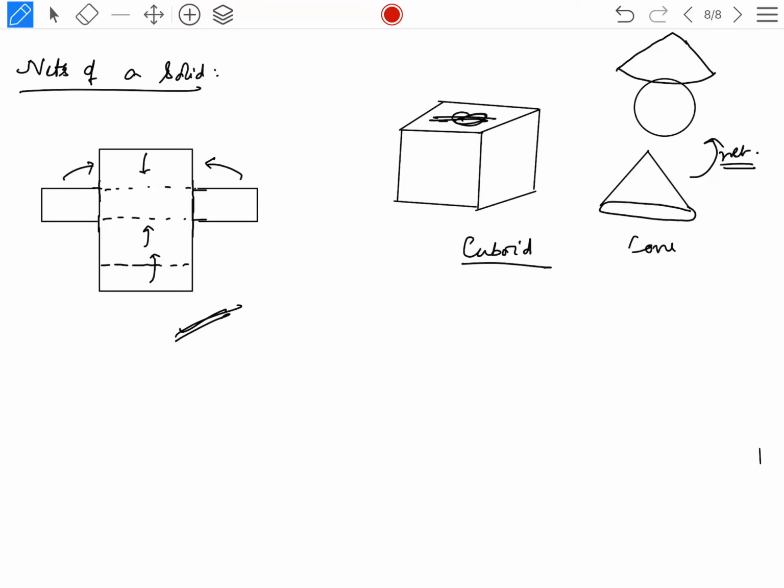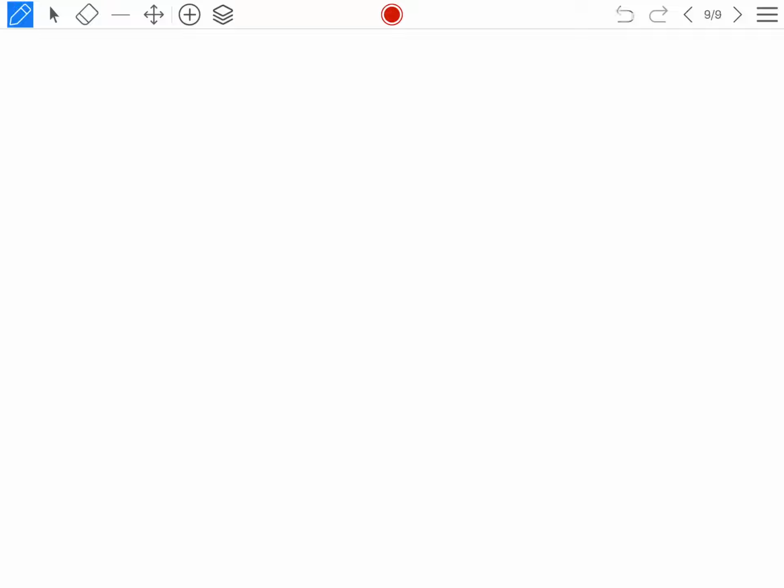The diagrams are given in your book, page number 205. You can go through the diagrams. Understood? So net means the outline of faces that are joined together to form the model of a solid. Now some diagrams are given that you can draw by yourself. All of you know how to draw a cuboid and a cube, yes or no? Diagrams you will learn by yourself, given in your book.